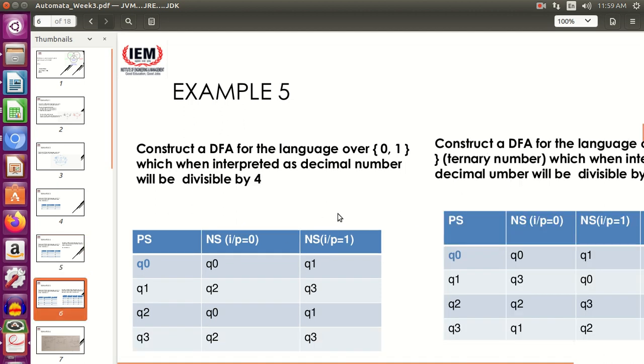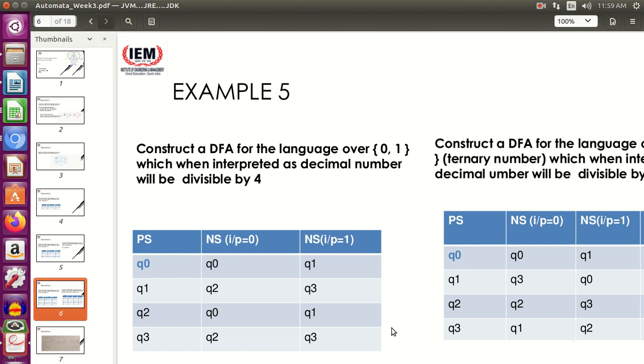So let us see an example as well. Construct a DFA for the language over 0, 1, which when interpreted as decimal will be divisible by 4. I have followed the same thing. Divisible by 4 means 4 states, Q0, Q1, Q2, Q3, and then I repeat the sequence Q0, Q1, Q2, Q3, Q0, Q1, Q2, Q3. Now if you draw the transition diagram, you will be very happy to see that it is satisfying your requirement,